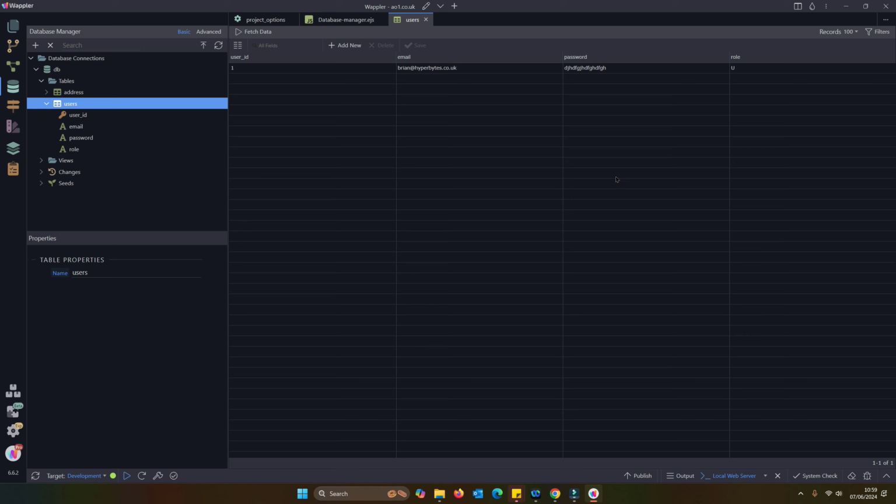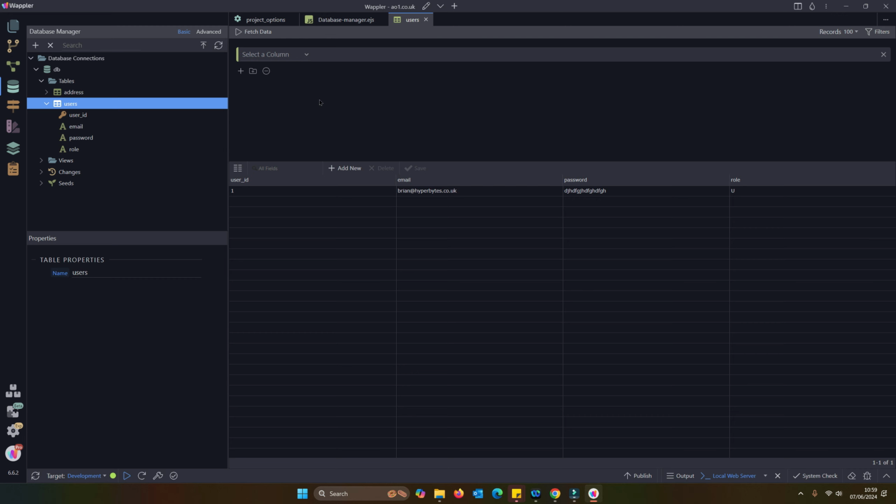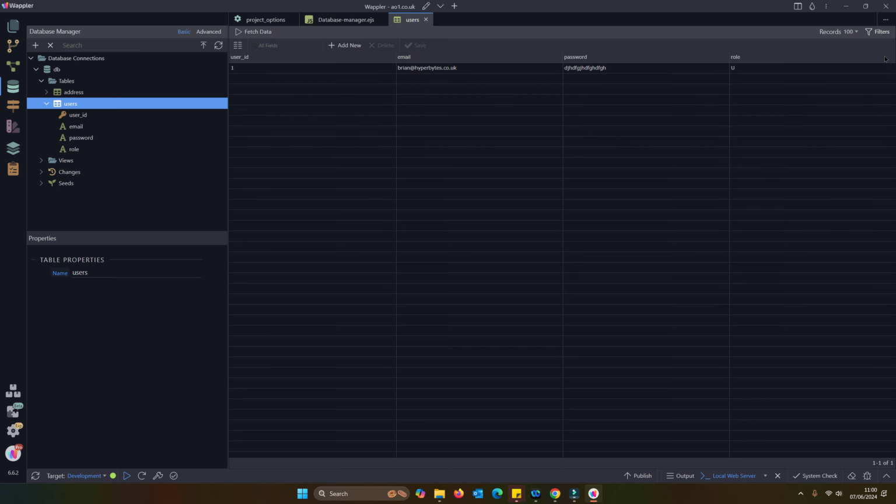So we have this fairly limited thing. We can see the number of records that we're viewing up here, all 100,000. You can also put filters in to limit to certain fields if you wish. We can also show and hide columns from here.